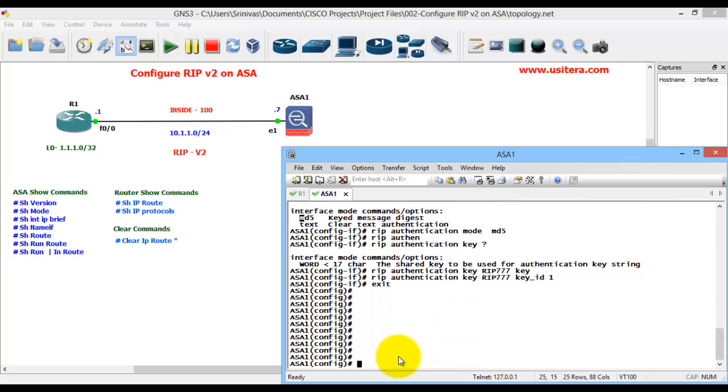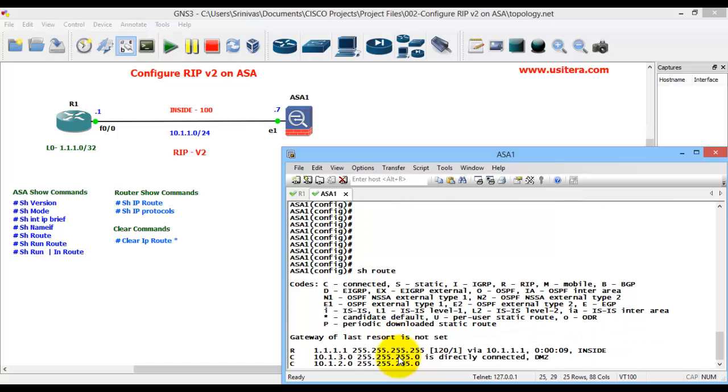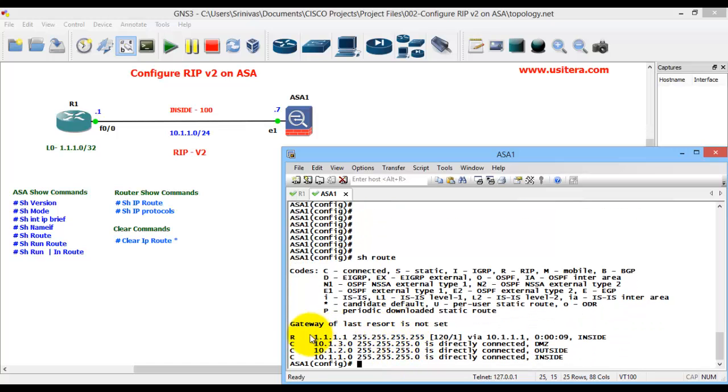First we check reachability between these two interfaces, and then the verification commands. Show route. See, R stands for RIP. 1.1.1.1 is my routed IP address, and this is my subnet via the 10.1.1 network.